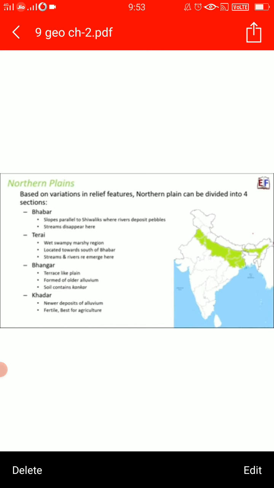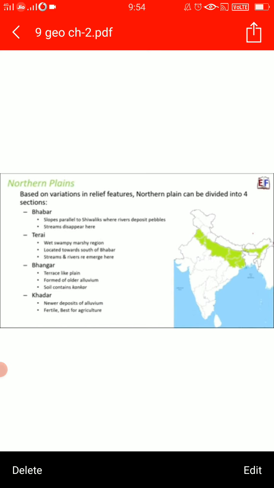But the forests were cleared to create agricultural land when the people from Pakistan came here after partition and settled here.